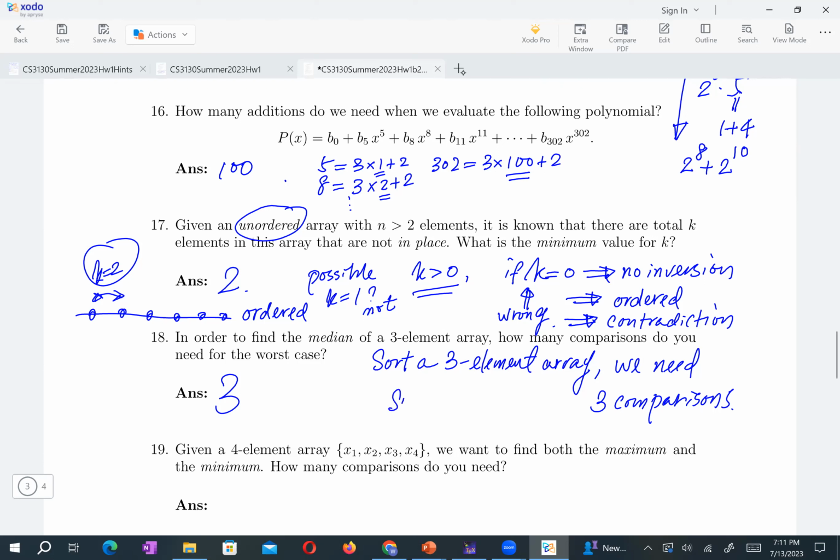For sorting, the general case, remember, I mentioned that the best algorithm we have for sorting is n log n. The worst case, average case, n log n. Okay, sorting. For the median, we haven't learned